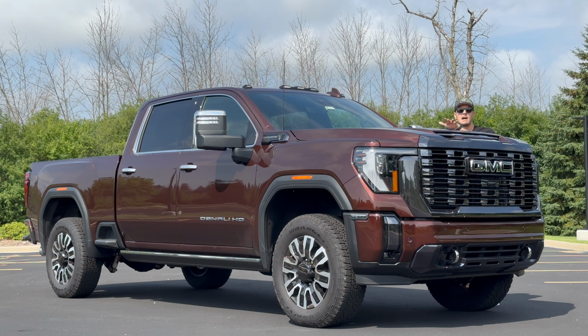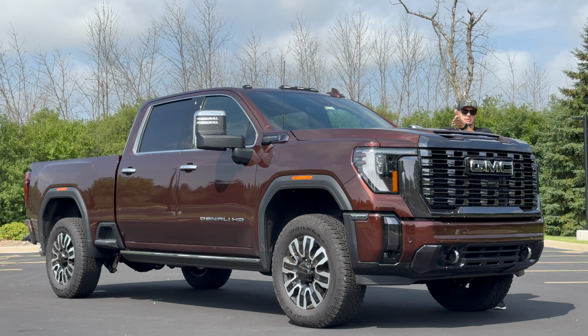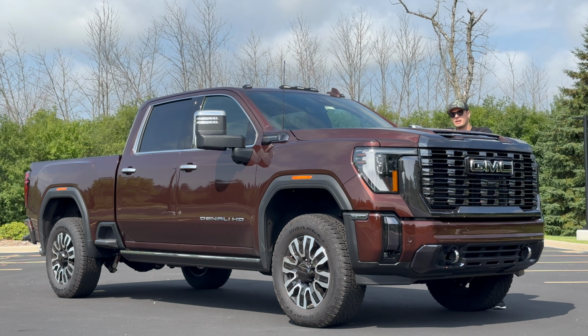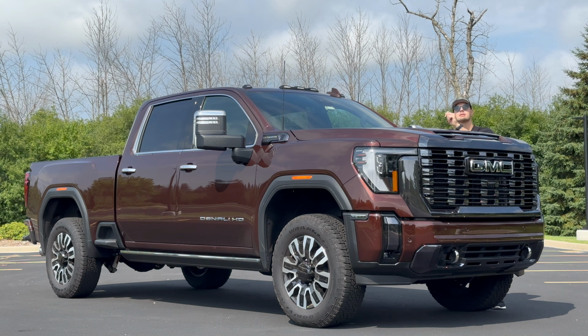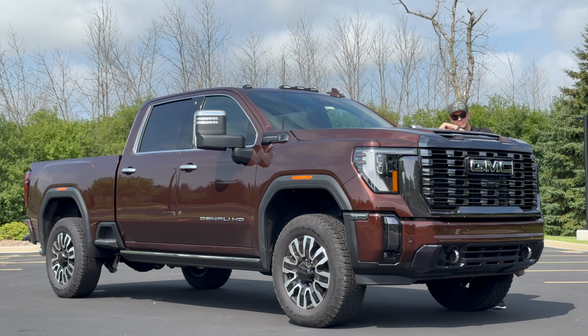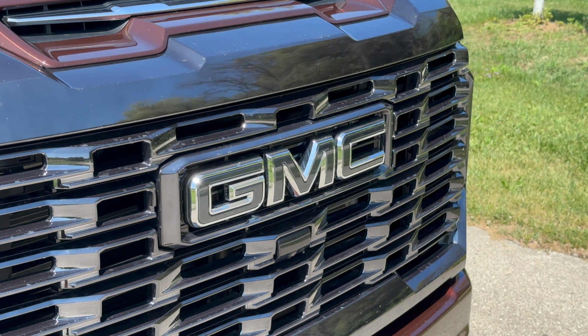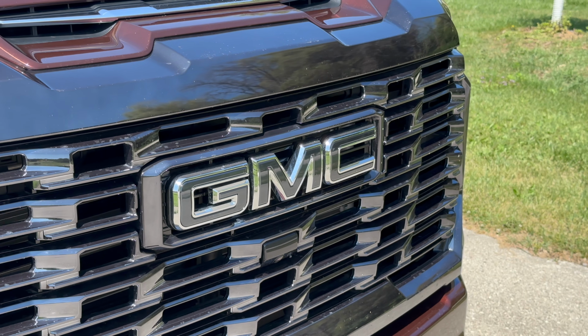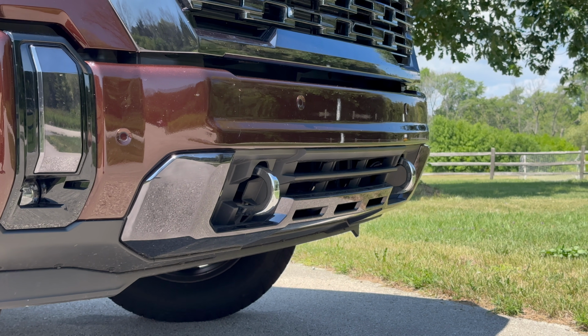But then there's the Denali details. Now, as a millennial, I was raised to hate chrome, and I do. But this truck is covered in some dark chrome, and all of the Denali Ultimate stuff is really pretty interesting along the outside and the inside. You've got dark chrome for your grille and your grille logo. And you do have dark chrome in your lower front fascia, although your recovery hooks on the front are normal